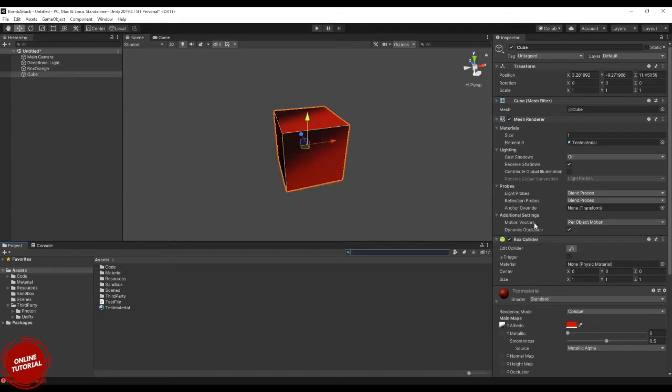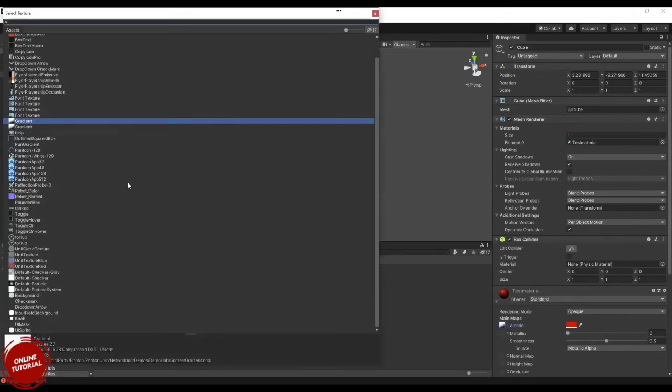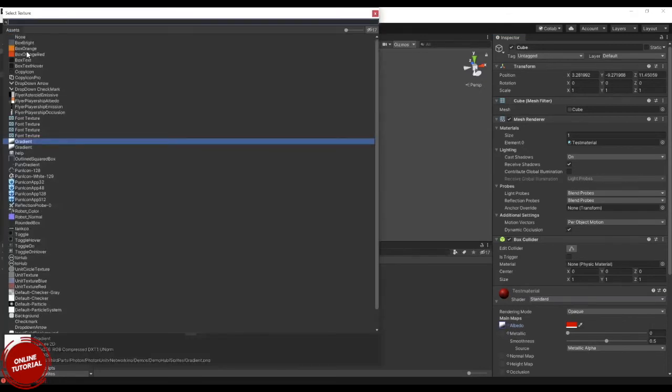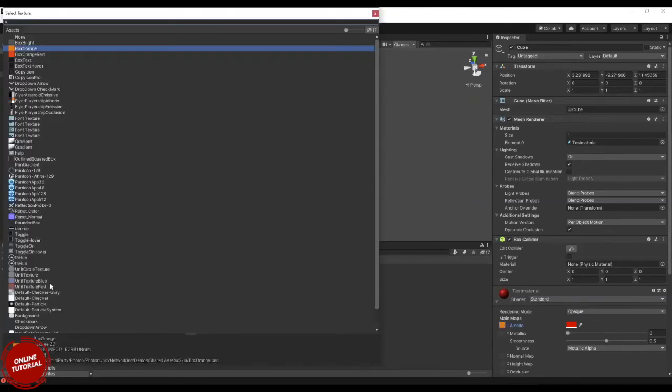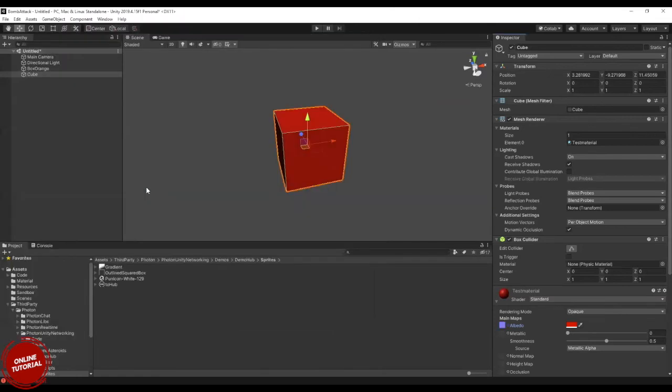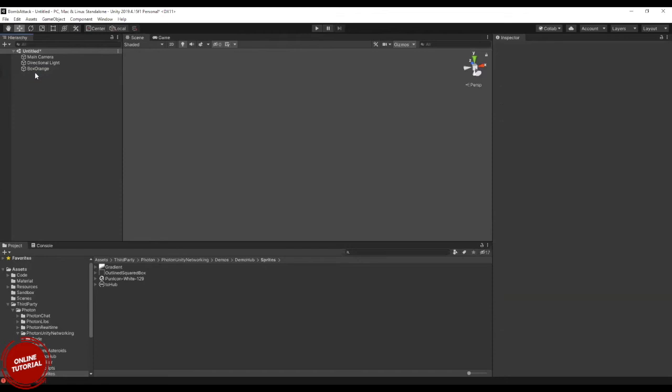Okay, so you need to place the material in this material part. You can see these materials, and if you want to place the texture in the materials, you can place it here in the albedo, or else you can click on this small button here. You can browse your texture, select the relevant texture you want to apply, close it there, and you can apply. Okay, done. So that's how you apply things.